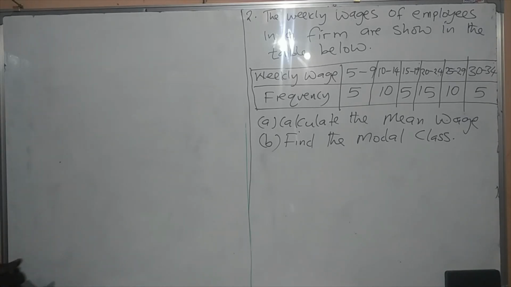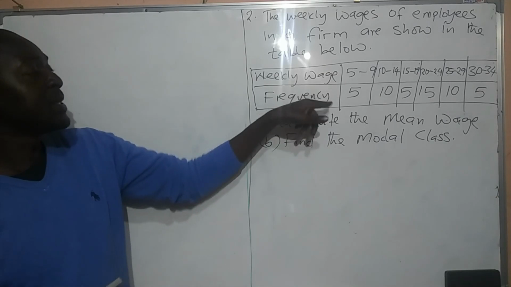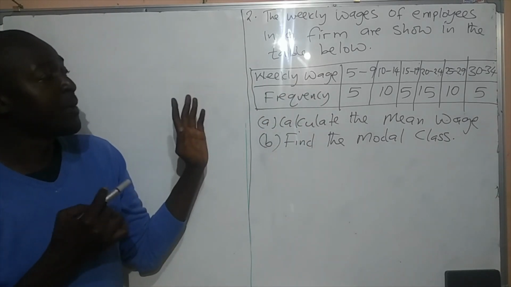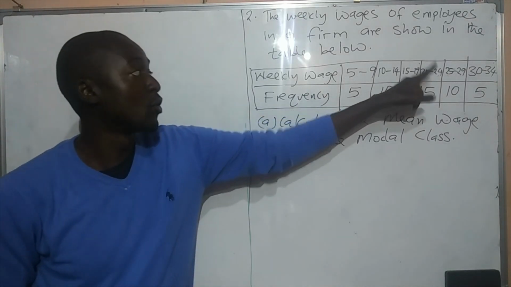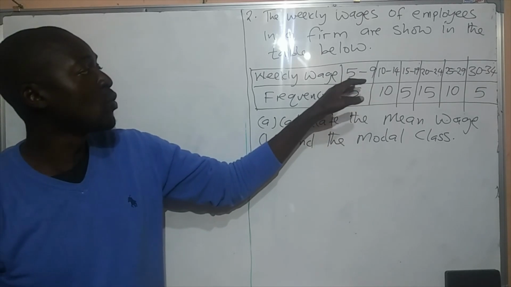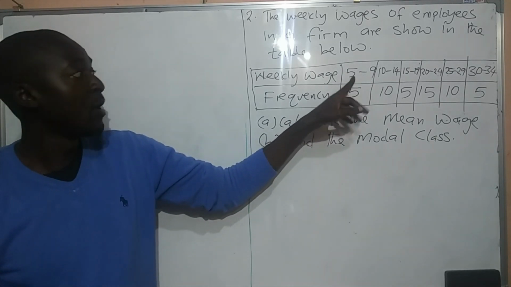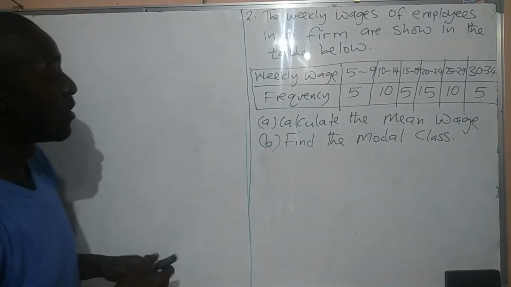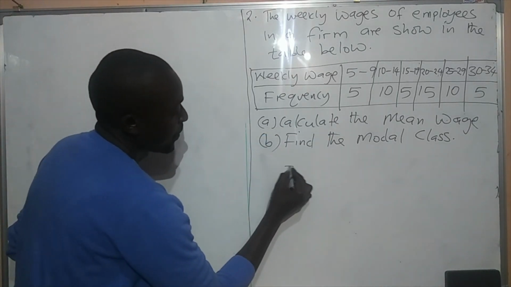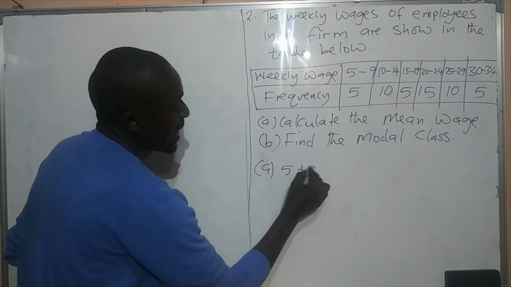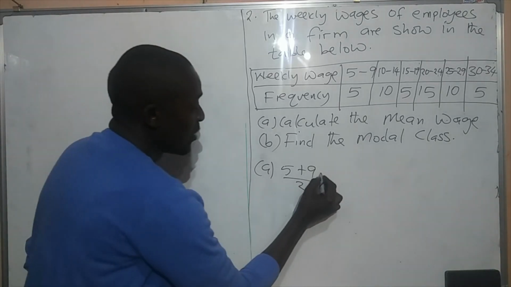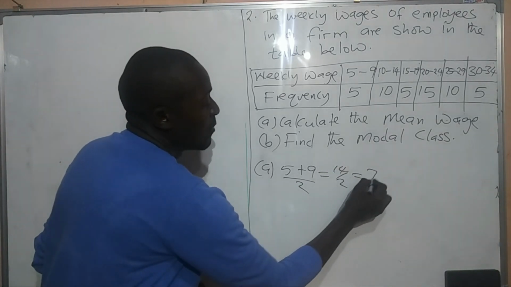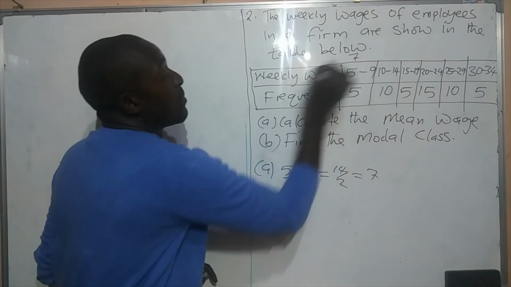Okay, so here is what we are going to do. Now this one is a bit different from our previous question, because in the last question we only had one number on top here. But here we have two. So what we are going to do is find the mean of the two numbers: we add the two numbers and divide by 2. For example, the first one is 5 plus 9 over 2. So you add 5 and 9, you divide by 2. You are going to have 14 over 2, which will give you 7. And so we can put 7 there.